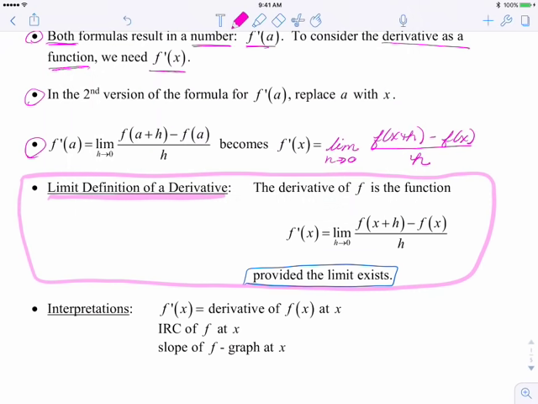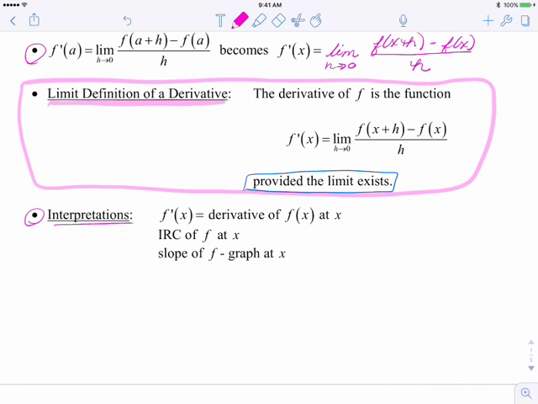What you have to remember is that the derivative, at its core, at its root, is a limit. And that limit has to exist in order for the derivative to exist. We're going to talk about what it means for a function to be differentiable and not differentiable. And it all revolves around whether or not this limit exists. So, interpreting,